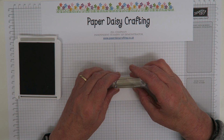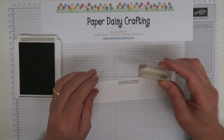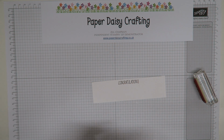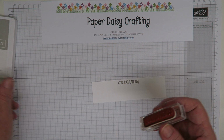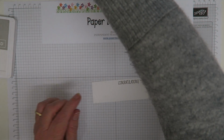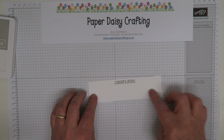I can't get my head exactly where I need it, but I'm going to hope that that'll work. There we go. There's my congratulations on there. This is a stamp from the Little Elephant stamp set, congratulations, which is really nice, and I love that font. And when it's dry I'm just going to rub out my little pencil mark, and then I need some elephants